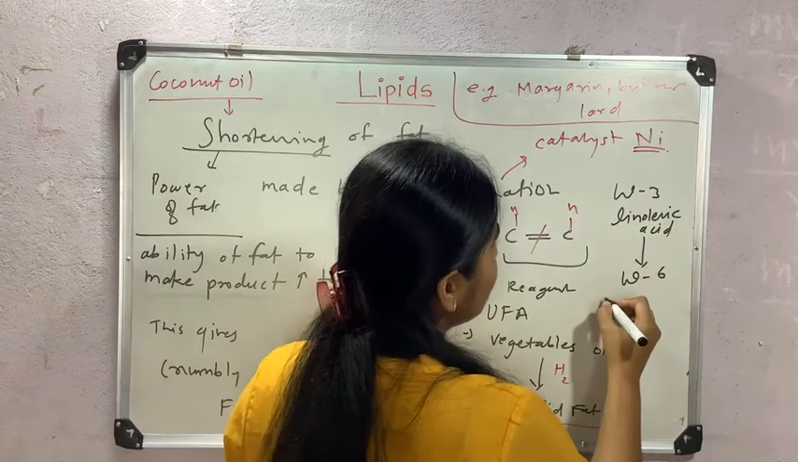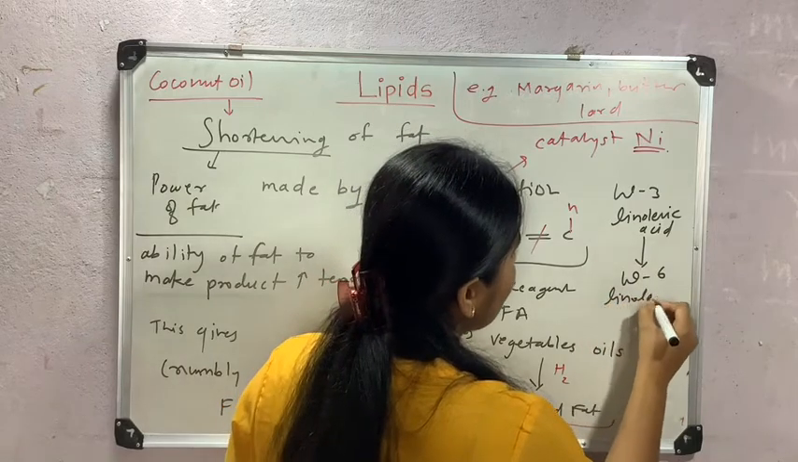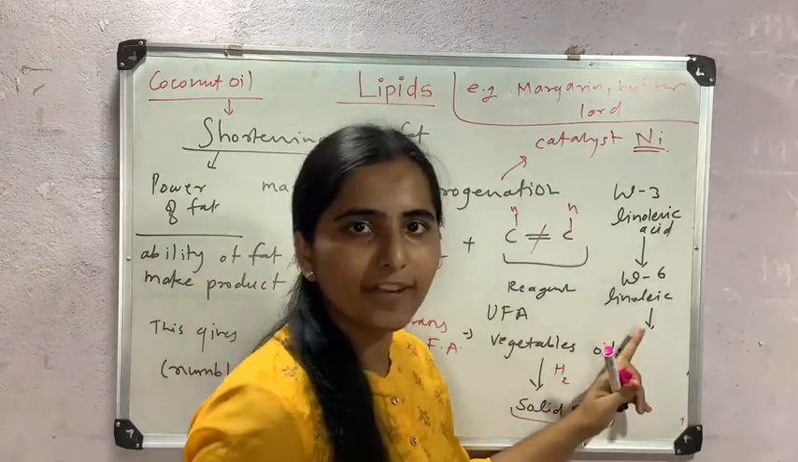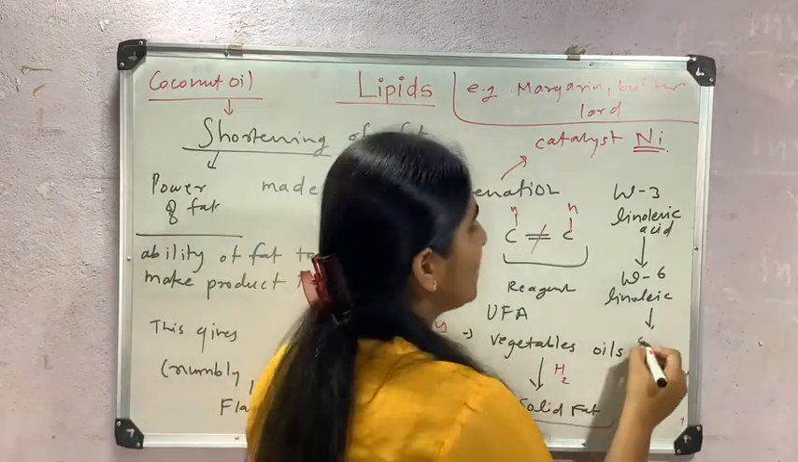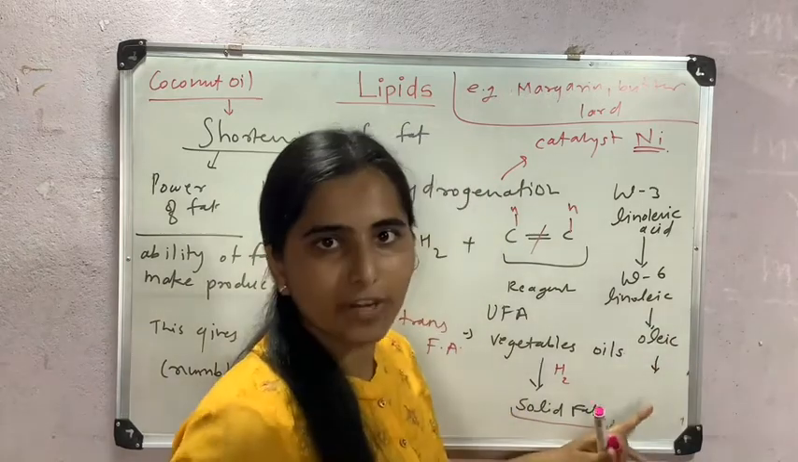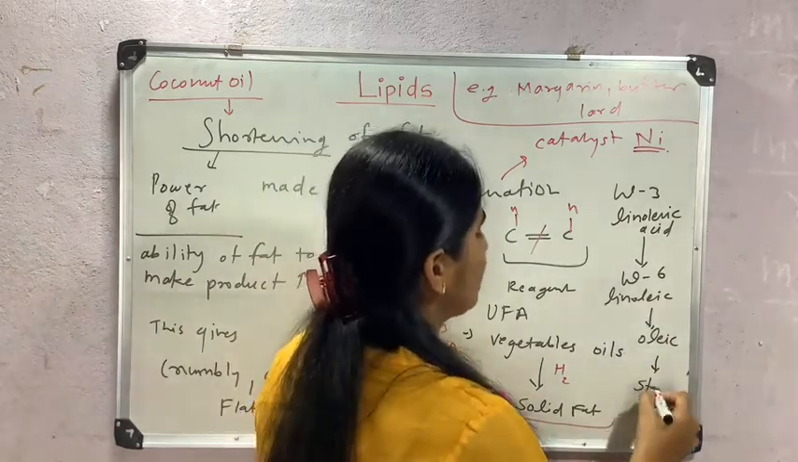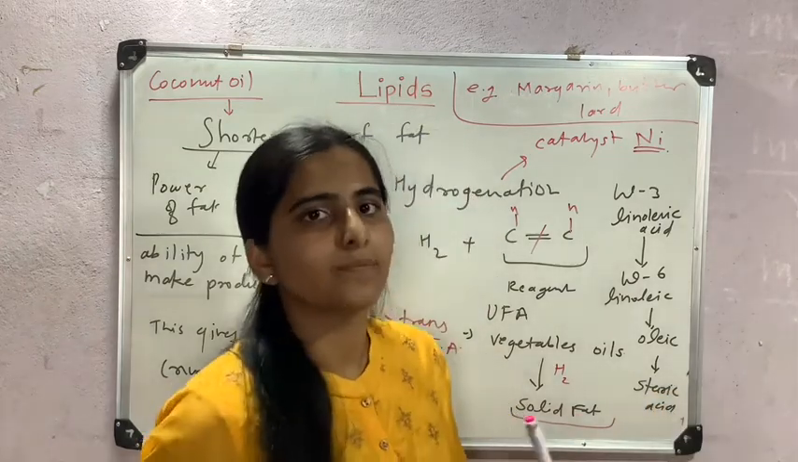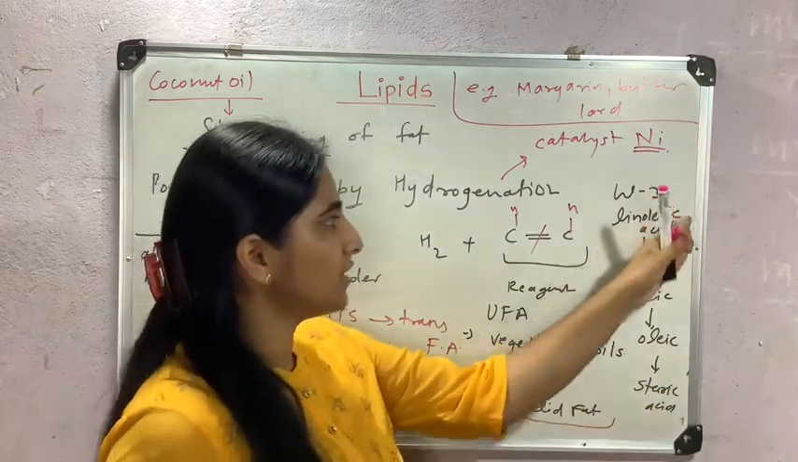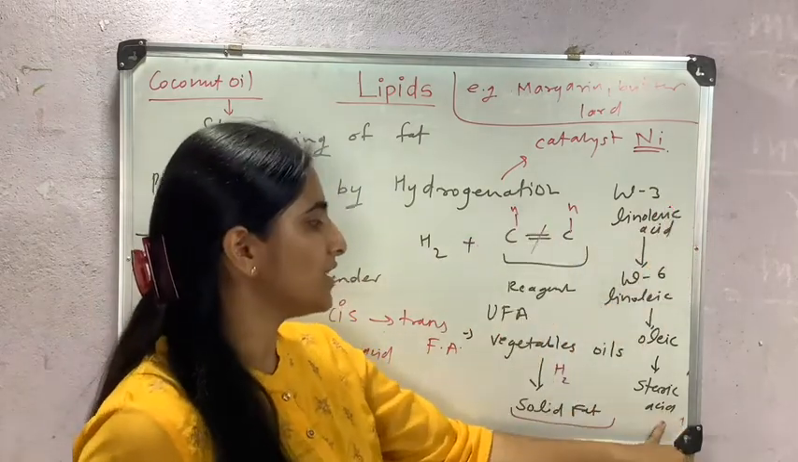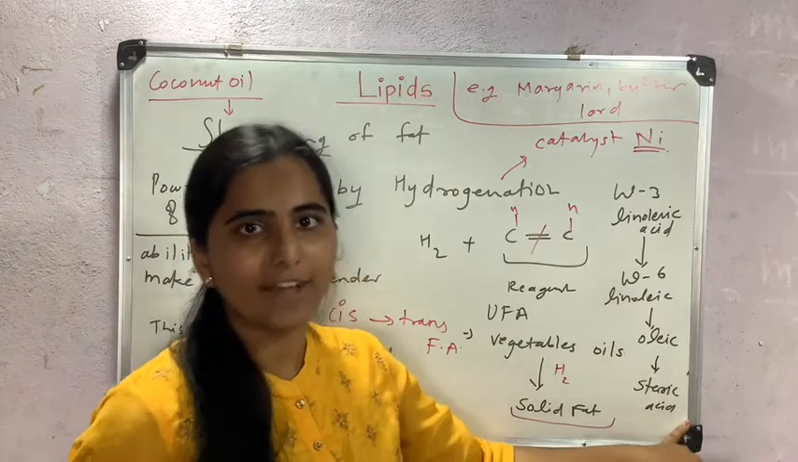omega-6 fatty acid, that is linoleic. Also we can convert this omega-6 fatty acid to omega-9 fatty acid, which is oleic acid, and oleic acid again can be converted into stearic acid. Stearic acid is a saturated fatty acid. Therefore we can convert this unsaturated fatty acid by using the hydrogenation process to stearic acid, which is a saturated fatty acid,